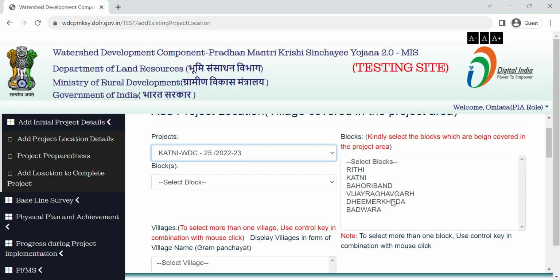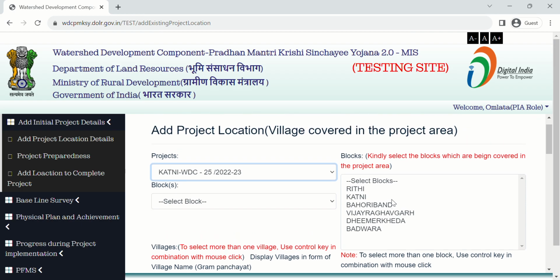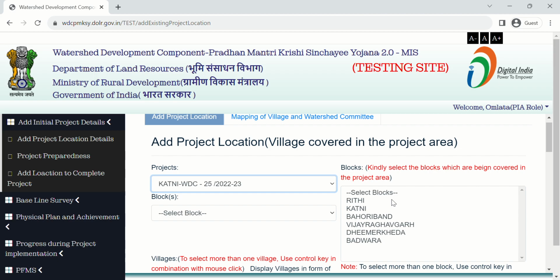Once again, I will remind you, you cannot add watershed committee name here. You can only add project location and mapping of village and watershed committee. So kindly select the blocks which are being covered in the project area.